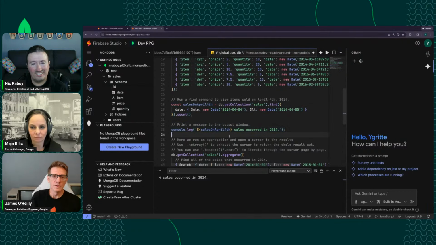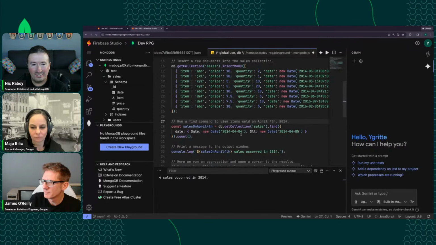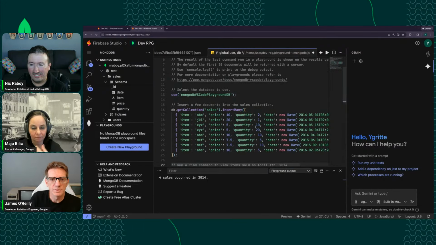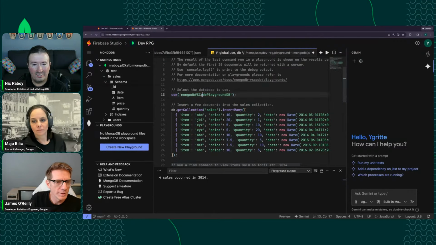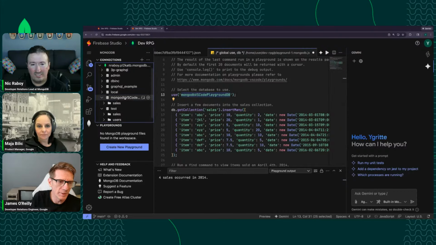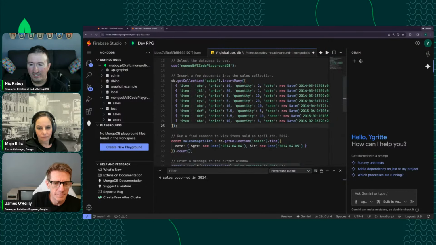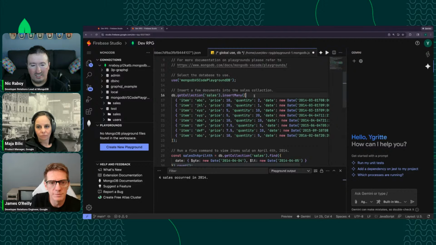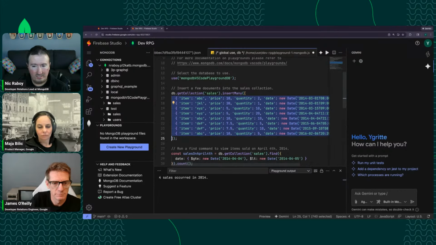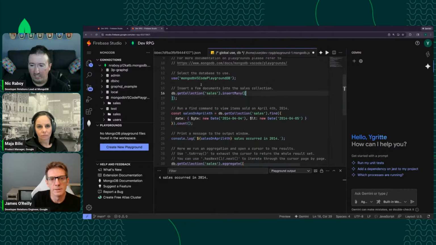Okay. So let's take a look at maybe making some changes to this script. So here we have where, when we created a new playground, it defaults to this playground database, which we have here. So we could write to this database. You could change it. You can create a different collection. So let's say we wanted to, could do something like